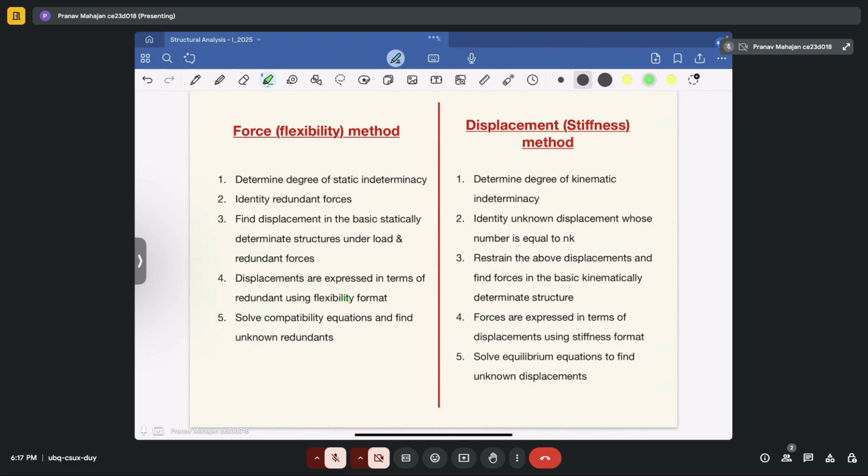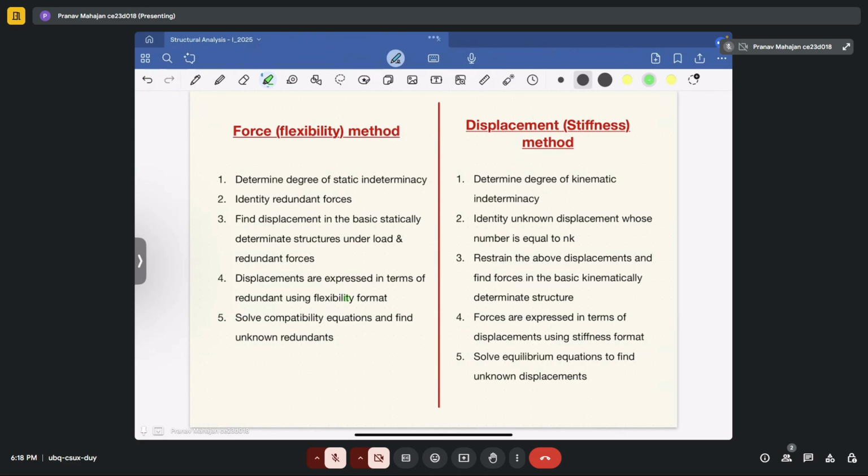Problems are expected to be solved when you understand the concepts. If your understanding of the concept is good, you can solve the problem by any method, either the force method or the displacement method, whatever is simpler to determine the unknowns in that particular problem. Whereas in the displacement method, which is also known as the stiffness method, in this you will determine